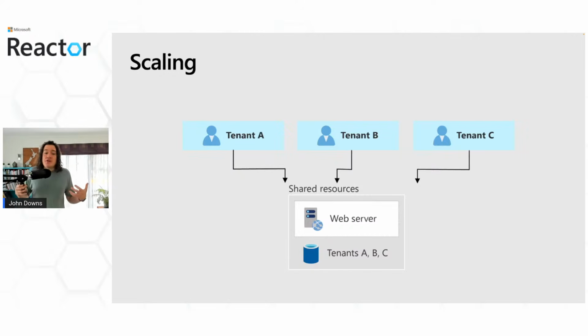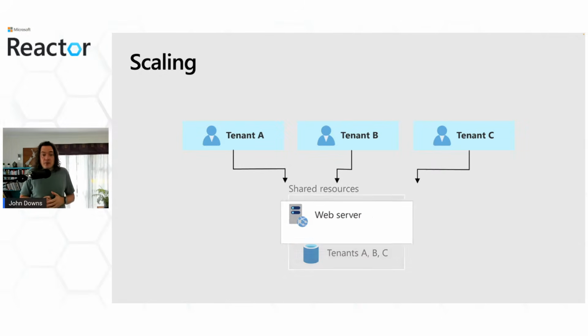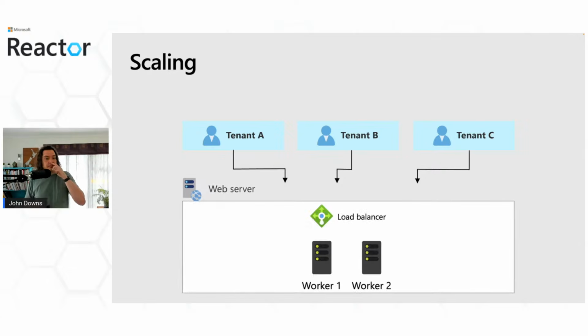So suppose that you have a fully multi-tenant architecture like the one we saw before, with a shared compute tier, and that could be Azure App Service, it could be Kubernetes, it could be container apps, it could be virtual machines, any other compute service. So let's just zoom in on the compute service here. Now, typically, when you build a cloud solution, you'll deploy your compute tier with a load balancer, and that's in charge of routing traffic between some number of worker instances.